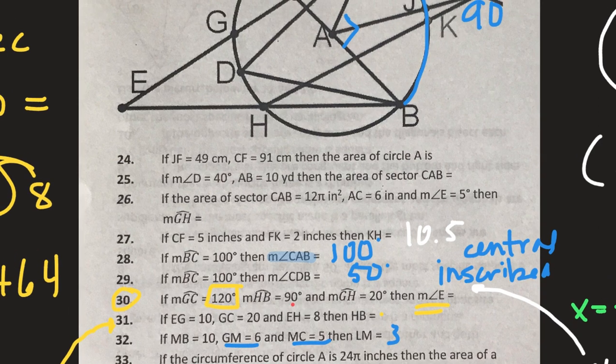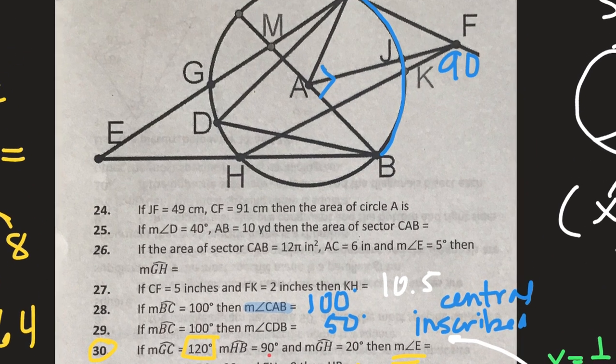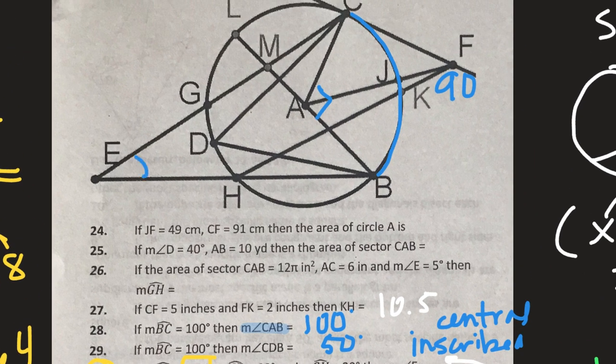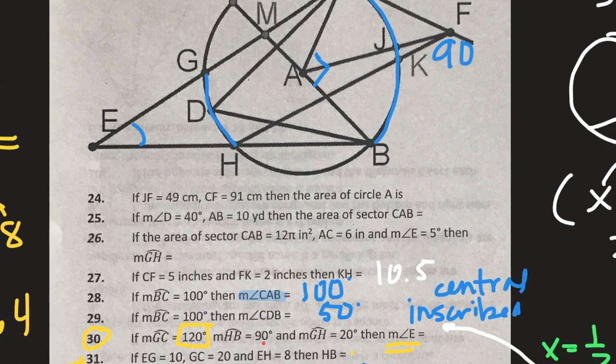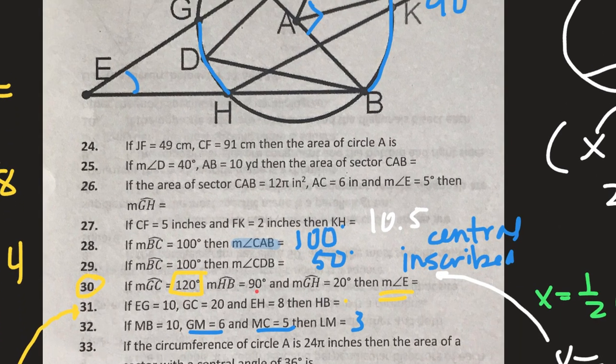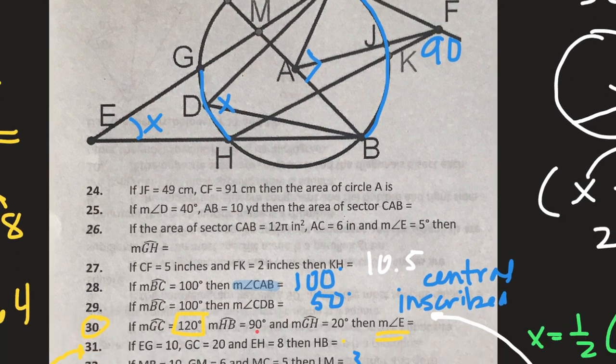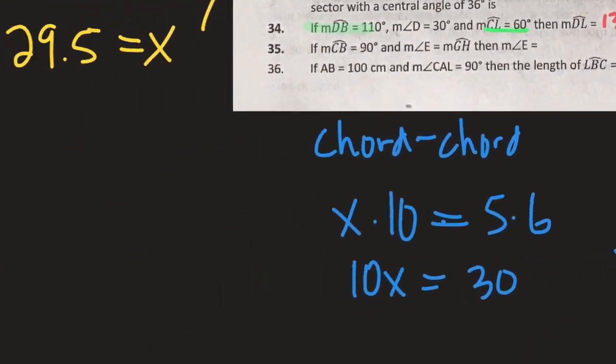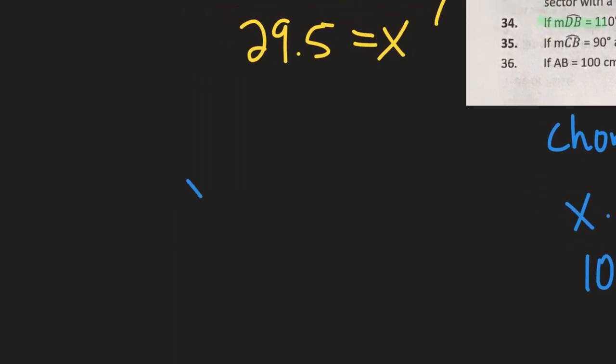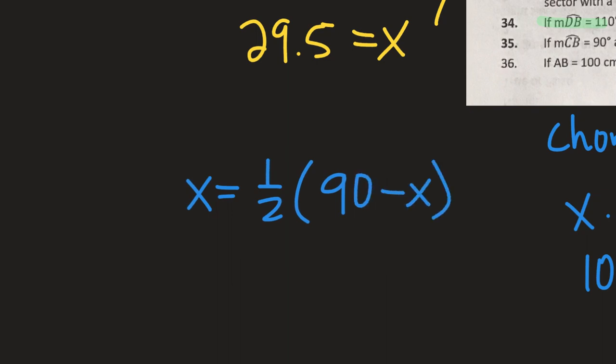Angle E is equal to arc GH. So these and these are equal. Okay, then what is the measure of angle E? Okay, so this is X and this is also X because they're equal. Right, one's an angle, one's an arc, that's okay. So we're going to use our outside angle again, or your exterior angle. So X equals half of the big arc, which in this case was 90, minus the little arc, which is